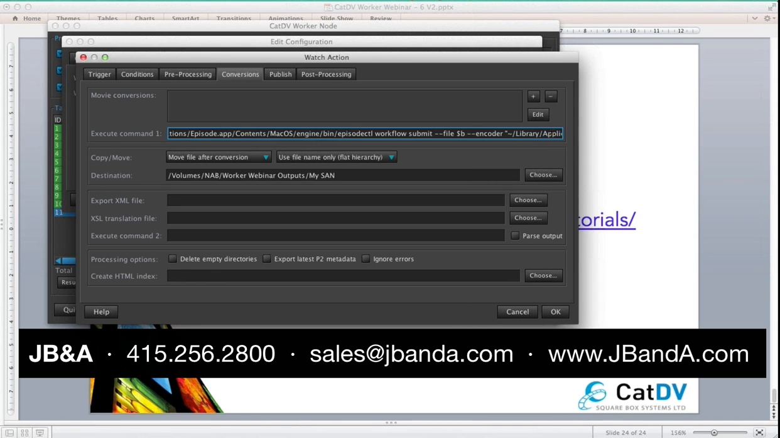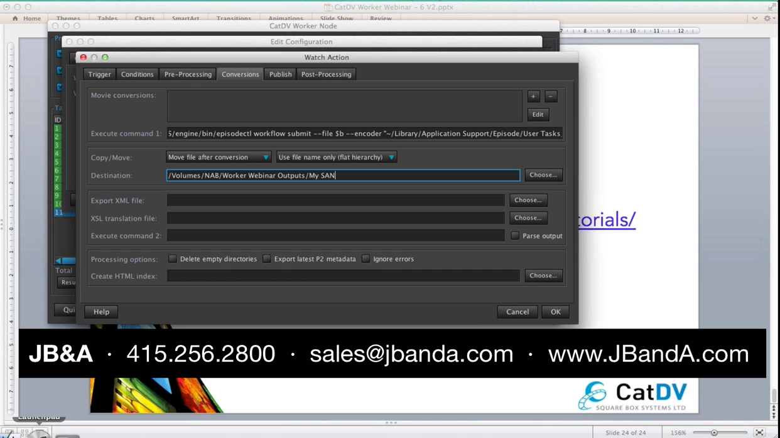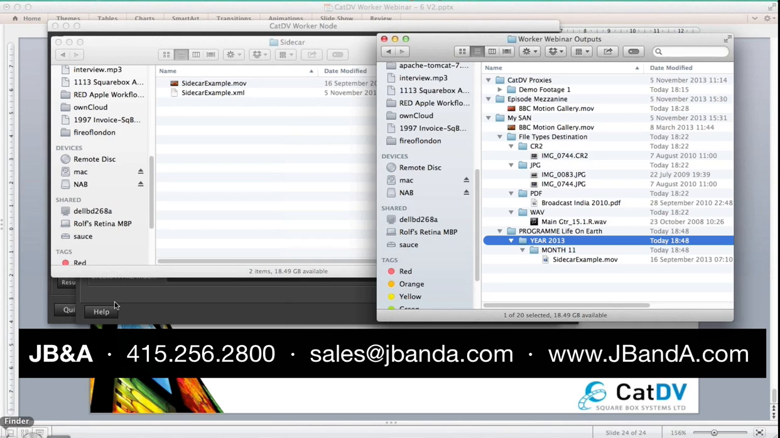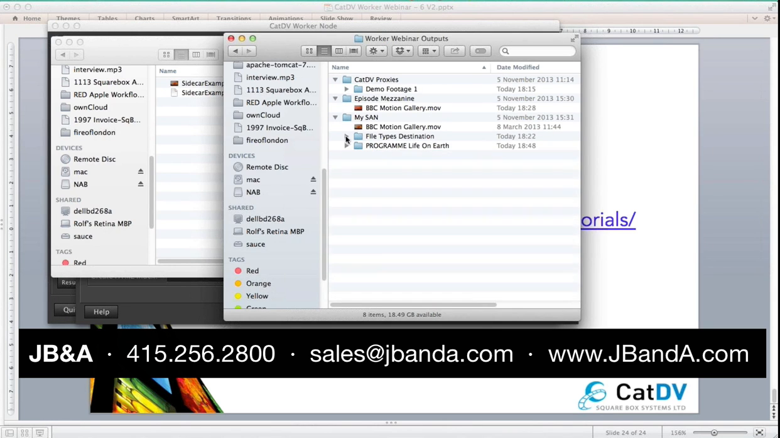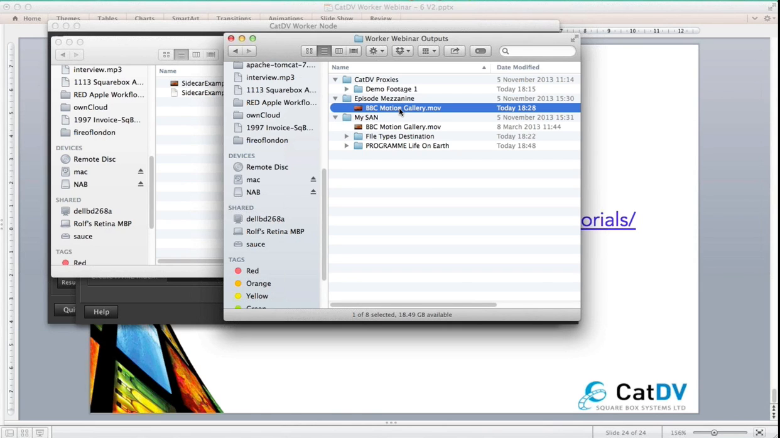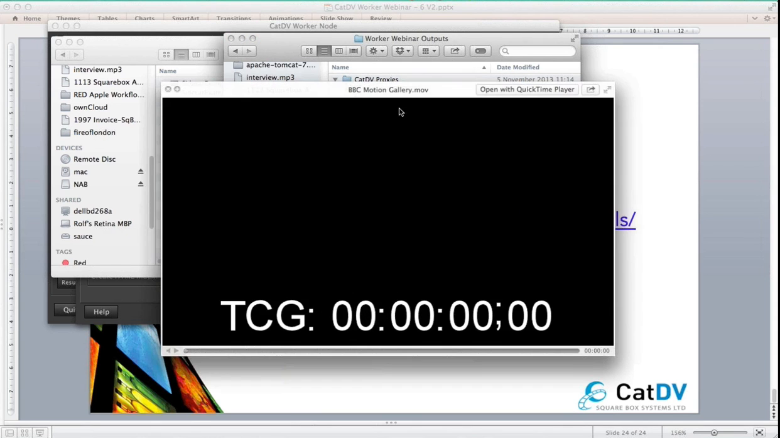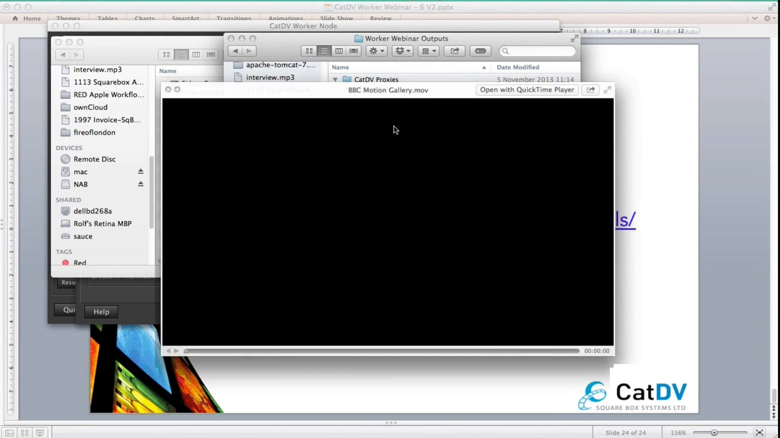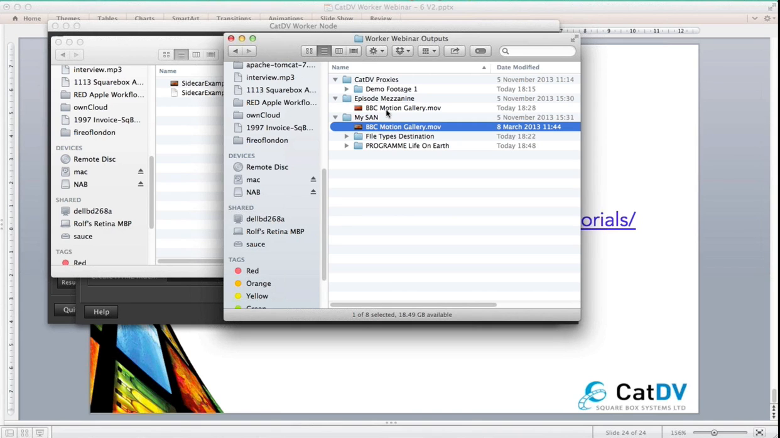Excuse me, that's just moved over. But we're writing out the transcoded mezzanine footage to that mezzanine folder, and then we were moving the original footage to a folder called mySAN. So how that looks in the file system is, let's close that down. So we've got, in this case, the BBC Motion Gallery. Here's the transcoded one, which, if you remember, has the big timecode on it, and here's the original. And so we have the Episode mezzanine folder and the mySAN folder, and then the CatDV client has a set of